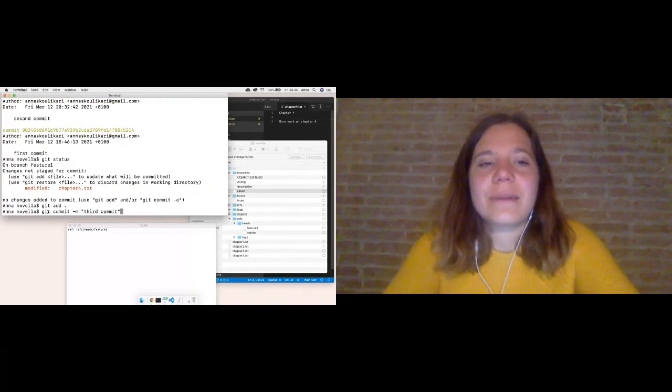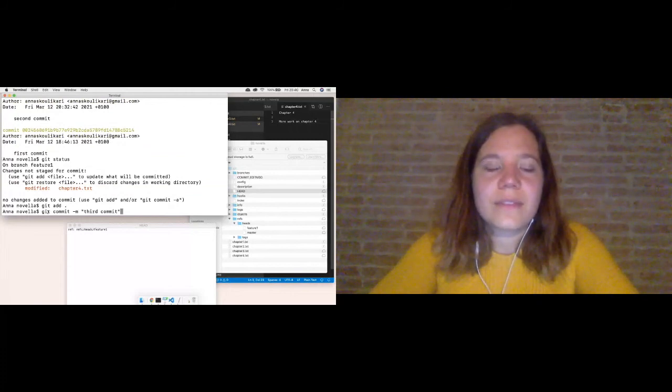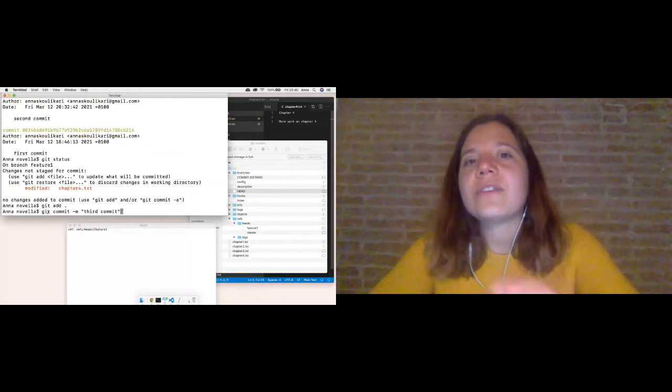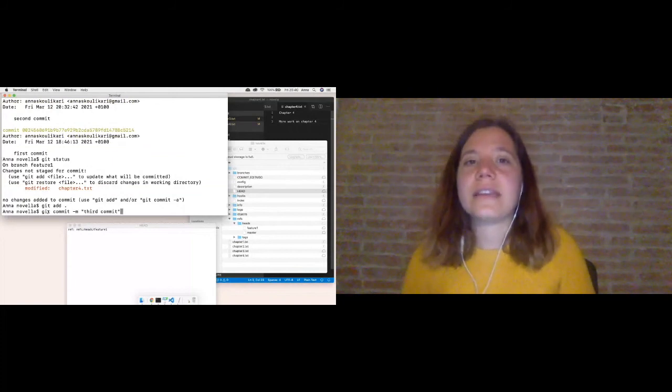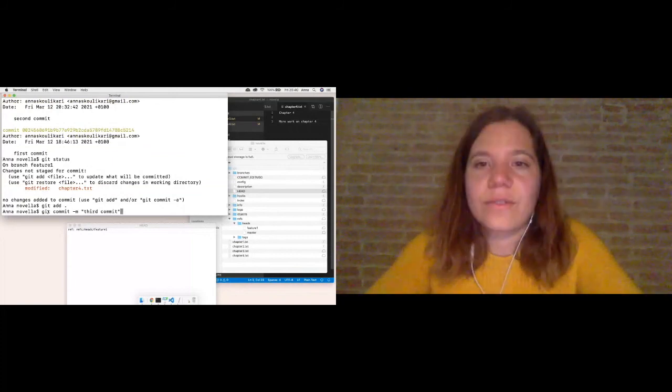And if I type in git log now, we can see that we have the 1st commit, the 2nd commit, and the 3rd commit. And now we can see that master is still pointing to that 2nd commit, but now feature 1 is pointing to this 3rd commit. And that goes to show that whenever you make a commit, it's the branch that you're currently on that updates to point to the latest commit. So we see that in the diagram. We've made a commit, and now feature 1 updates to point to the latest commit.